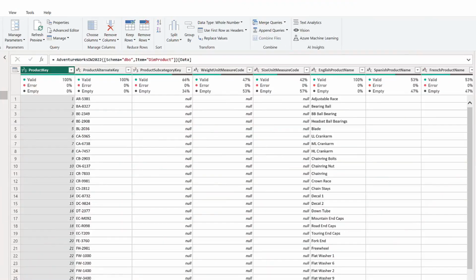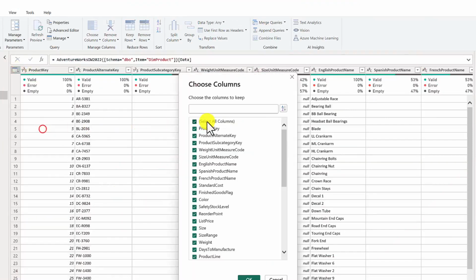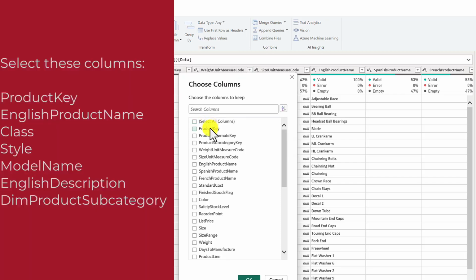Let's begin with DIM Product. First, we'll start by removing any columns that we don't need. So I'll go to our Choose Columns feature, unselect everything, and start selecting the ones that I want. I will definitely need product key because that's the primary key that links me to the foreign key on Fact Reseller Sales. We'll also want the product name, maybe the class, style, and model name, the English description perhaps, and